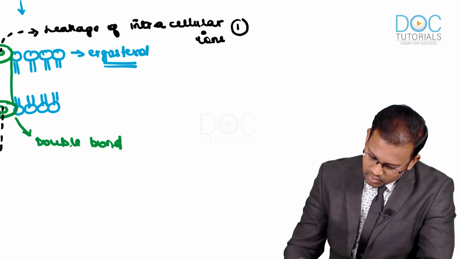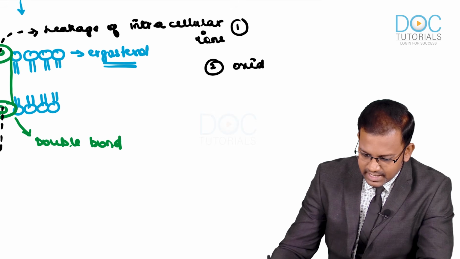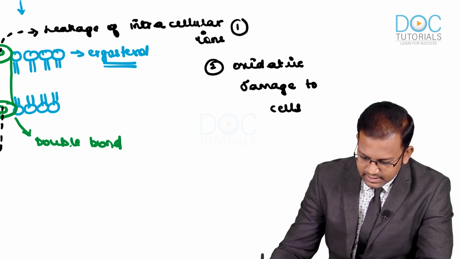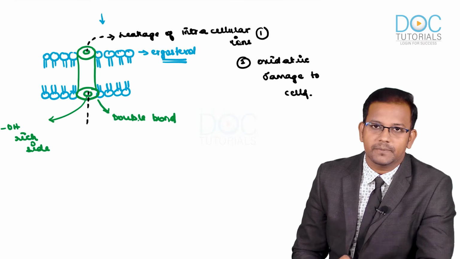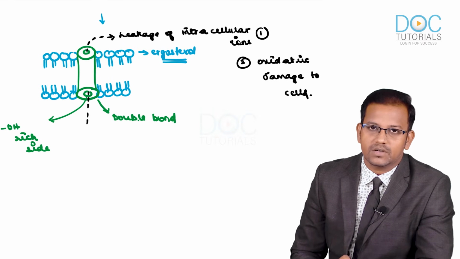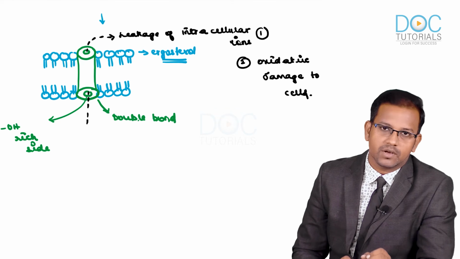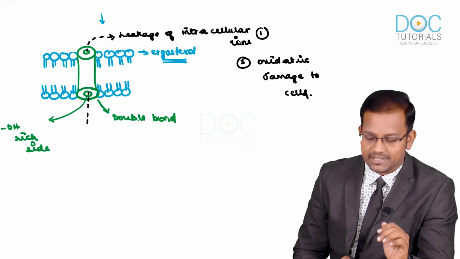We also have one more mechanism: amphotericin B might also induce oxidative damage to the fungal cells. So two major mechanisms are involved. Amphotericin B binds with the ergosterol and causes disruption of the membrane. It produces artificial pores on the membrane, and because of these pores there is leakage of contents. This is the primary mechanism.